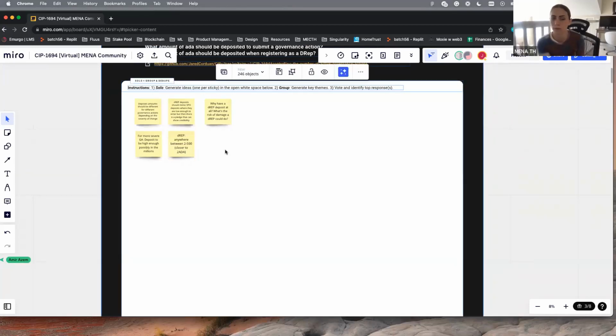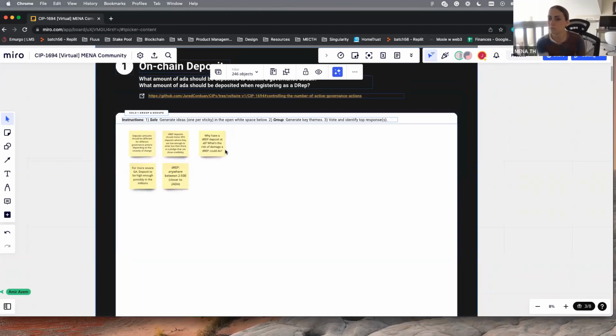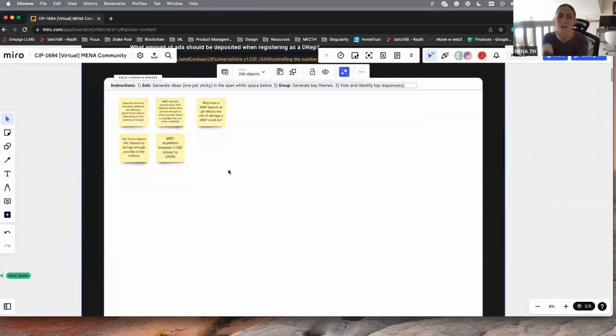Anything else you guys want to talk about here? How this exercise is supposed to happen is everyone's supposed to write their own notes, and then we're supposed to group them and discuss them, but we're only 4, so I think this is fine if you're okay with it. If you want, I can write from my side, but you're capturing everything. Oh, we can just keep doing that then. This is our workshop, we can do whatever we want. Anything else that we missed here? You guys think that warrants a conversation?